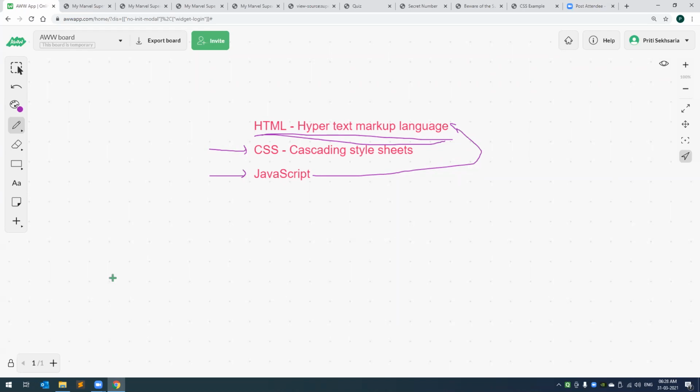So I have been creating websites since 1996, I think, right? That's a long, long time ago. When I started working on websites, we didn't have this concept of CSS. I mean, it was there, but it was something very advanced that we had to learn sometime in future. It was not very common to use CSS in India. And we did everything through HTML. We created the website, we gave it colors, we gave it positions, everything happened through HTML, right?